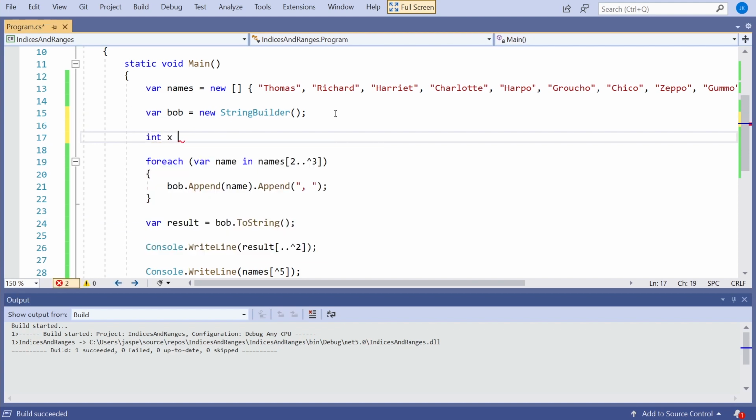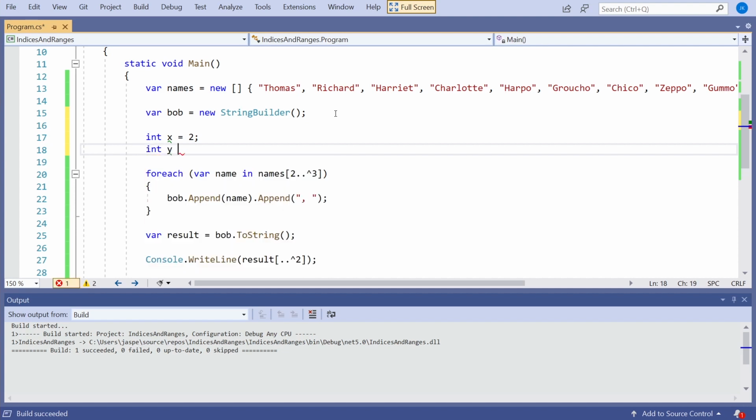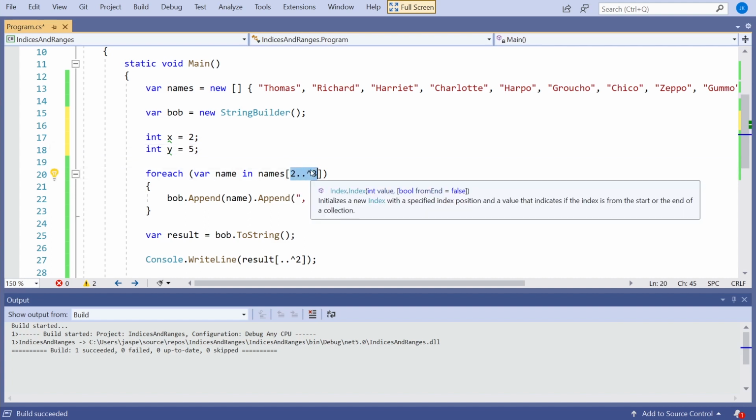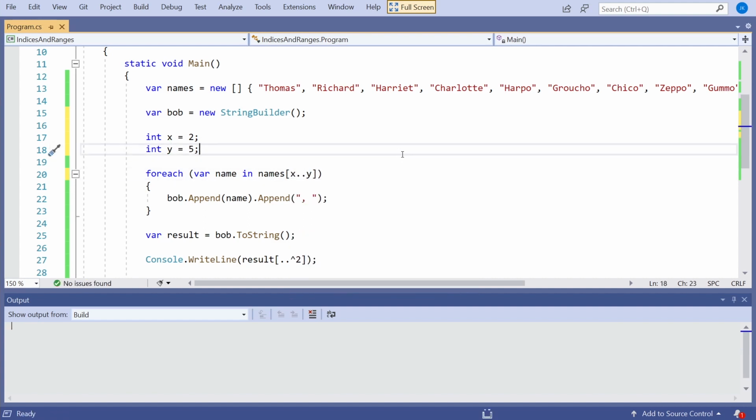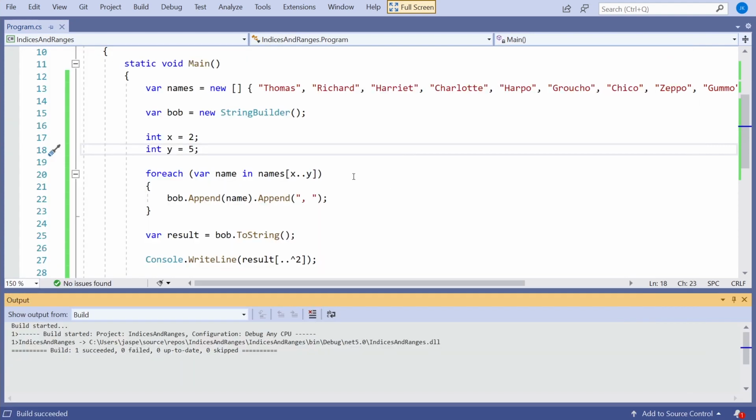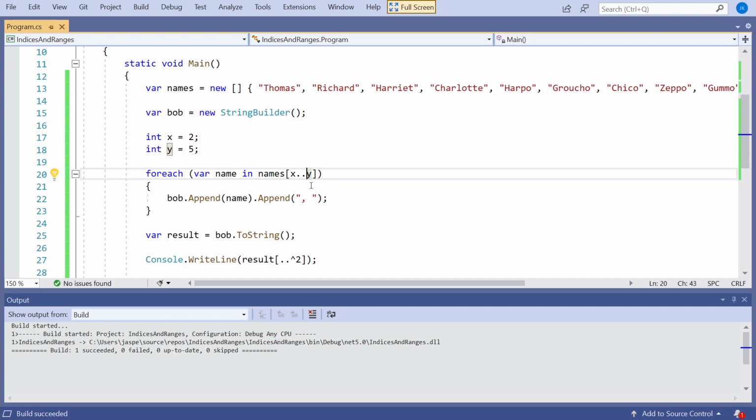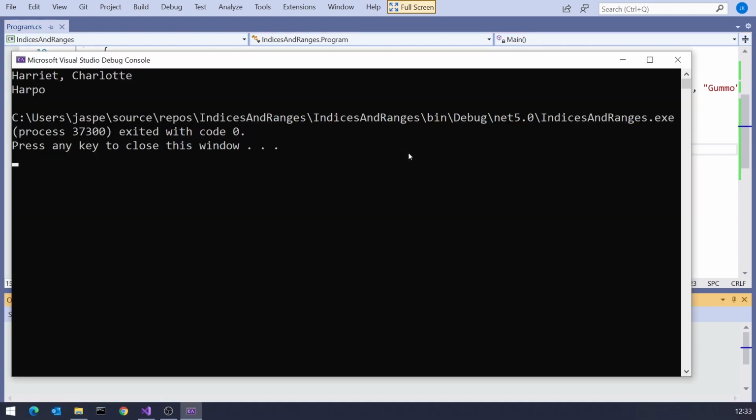Obviously, you can just have a number, which would be the normal indexing we've had for years, or you can do indexing from the end, or you can do a range. And as you can probably guess, what a range really is, is just a pair of these indexes. And in fact, we can do a bit more on that. We could, for example, put in a couple of ints. So let's have an int x equals 2, and an int y equals 5, and then we could put those in there as variables, and that would take us through from 2 to 5. And then what we could also do is put the hat on that y, and that will give us 5 in from the end.